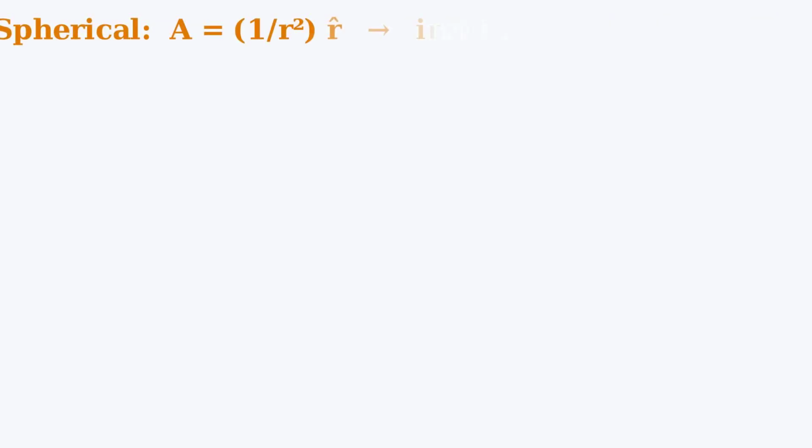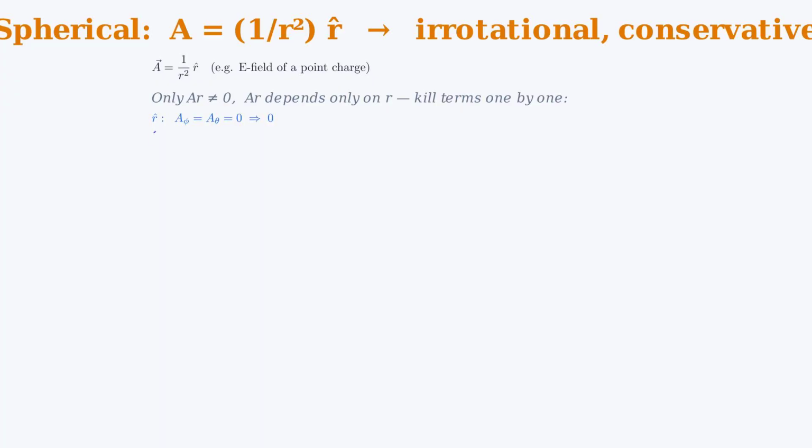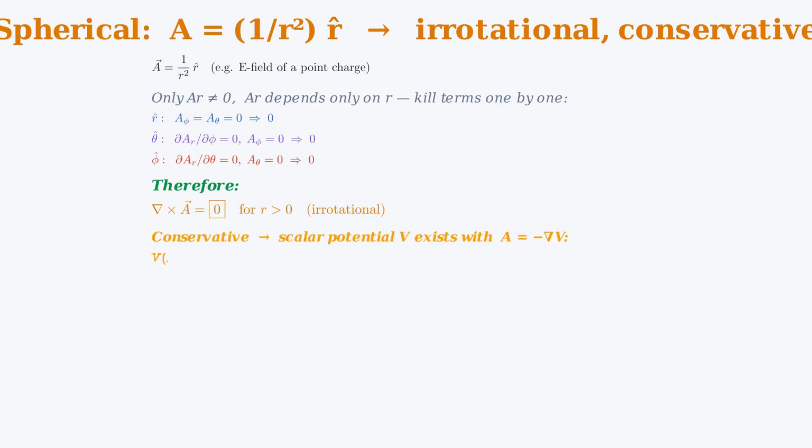Worked example 2, spherical. Again we reuse the field from the divergence example: A equal to 1 over r squared in the r hat direction. The famous inverse square radial field, the electric field outside a point charge. Find the curl. The spherical formula has 3 terms, but A has only an r hat component, and that component